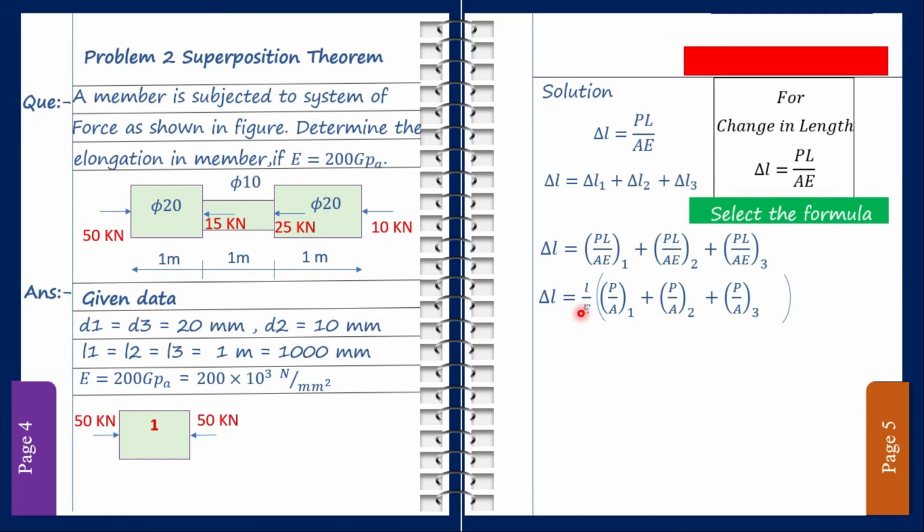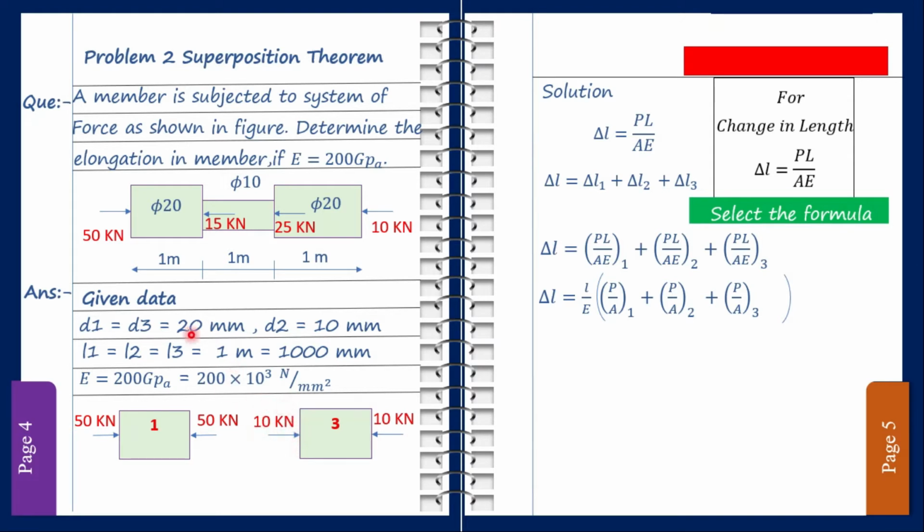3. Similarly, we are moving to section number 3, which is very easy. Section number 3 is subjected to 10 kilonewton and 25 kilonewton. Now, as for the first section, we considered the leftmost portion. For the last section, we are considering the rightmost portion, that is 10 kilonewton. We are balancing the same load here. So 10 kilonewton at this position, similarly 10 kilonewton at this position. So I get the value of P3 also.